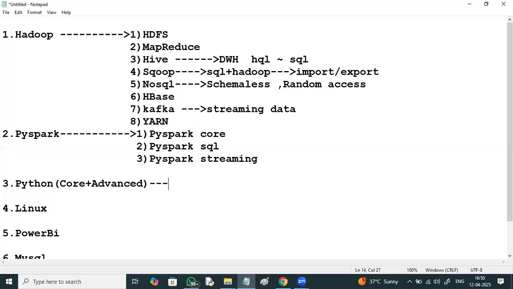Python core programming. You should have command of Python because the total coding goes in Python. In most of data engineering, data science or data analyst work, Python is the preferred language, and it is a prerequisite for all of them.